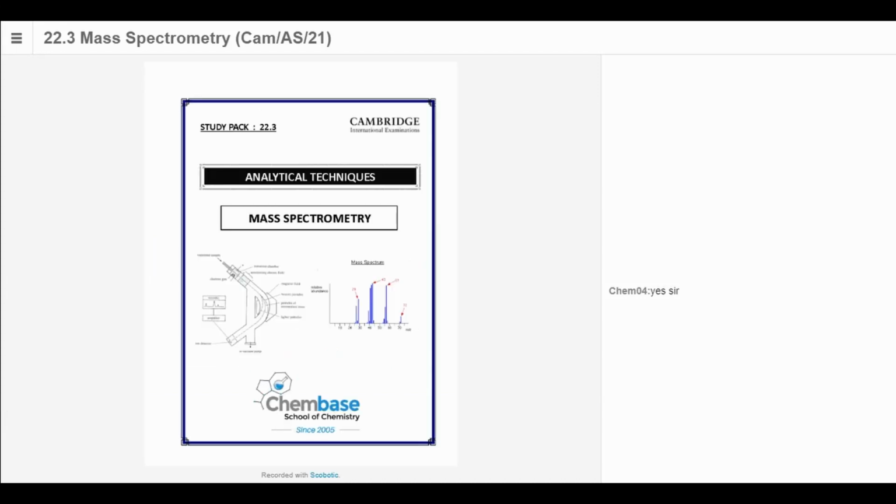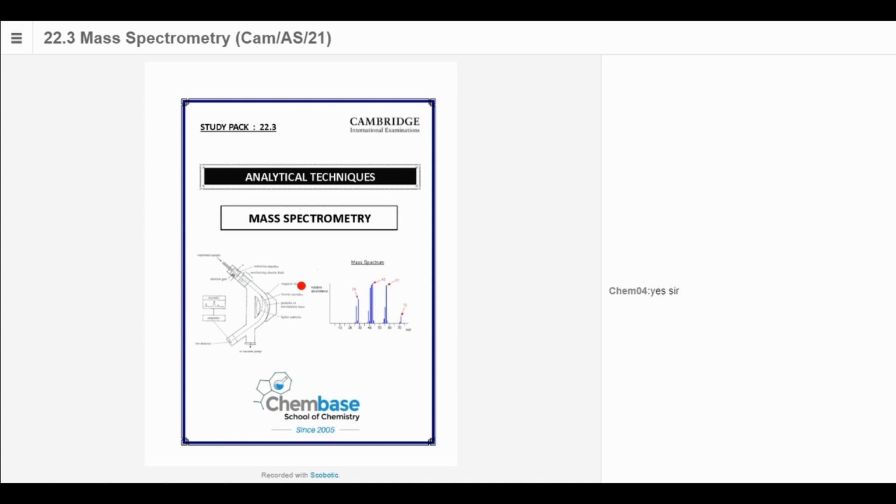Right, I hope you got the hard copy of the study pack of the mass spectrometry. In the last session, we discussed IR spectroscopy, and this is mass spectrometry, right? The basics of the mass spectrometer we have discussed under Unit 1 of the AS, and this is advanced